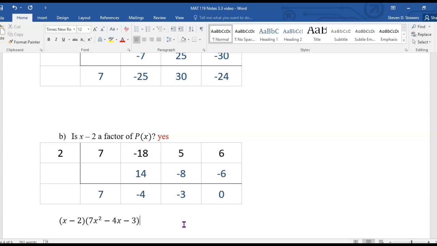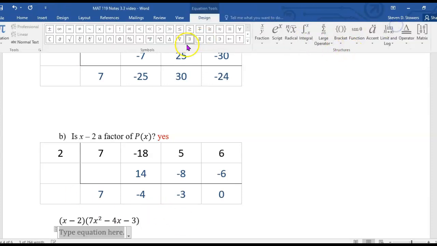Now, you know what? We can go ahead and factor that the old-fashioned way. We got our x minus 2, and then that 7x squared minus 4x minus 3 is going to break up